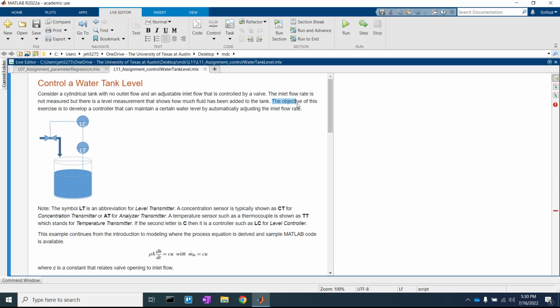So I like always highlighting the objectives. I always have a to-do list. That's something my mind needs. So we're going to develop a controller that can maintain a certain water level by automatically adjusting the inlet flow